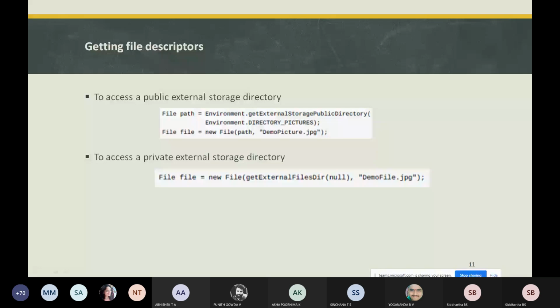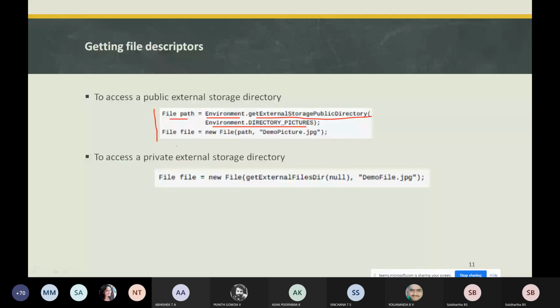After getting a path, you create a file by calling the method getExternalStoragePublicDirectory. This is how you access the public storage directory: File path = Environment.getExternalStoragePublicDirectory, then you create a file.